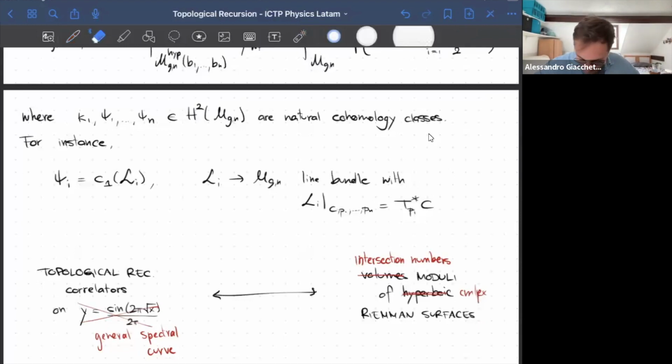I cannot write anymore. Complex structures on